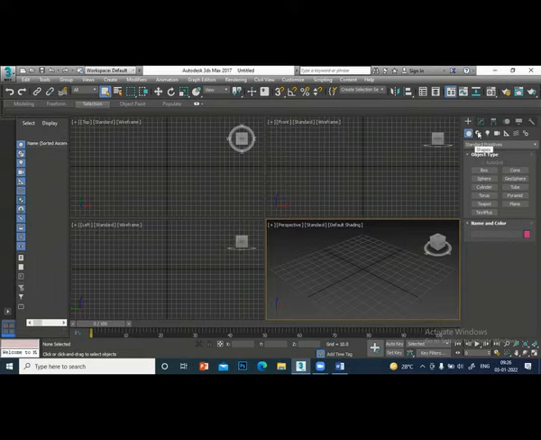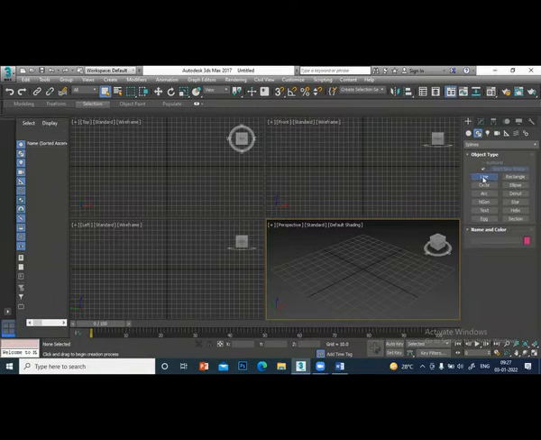I went to shapes, from the create panel. This is geometry, this is shapes. Shapes actually create 2D objects. You have line, rectangle, circle, many objects. So let us go through these commands now.